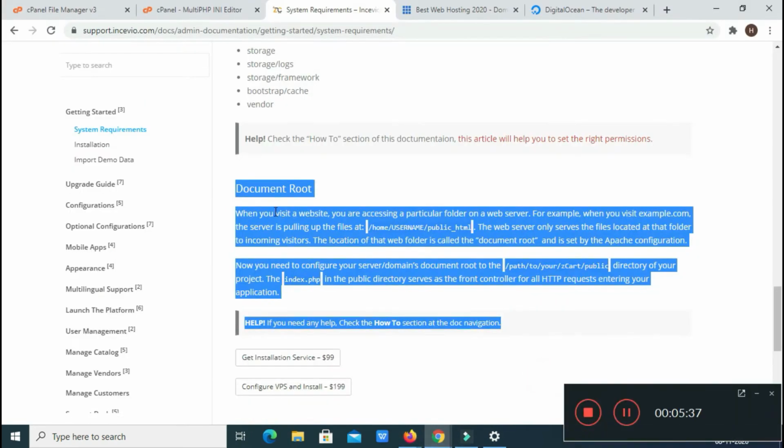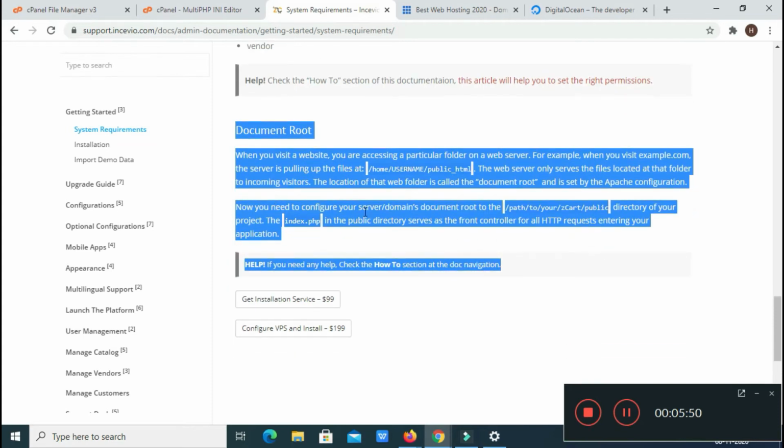Okay, now where was I. When you visit a website, you are accessing a particular folder on a web server. For example, when we visit example.com, the server is pulling up the files at public_html.